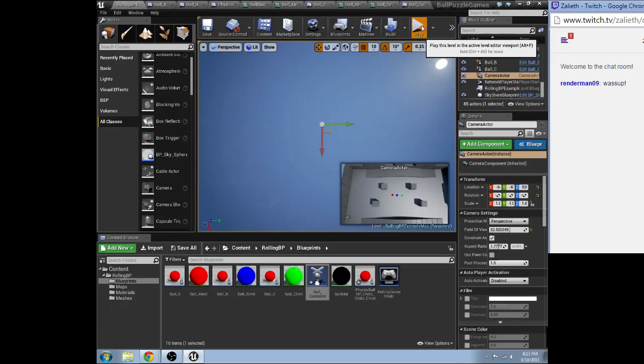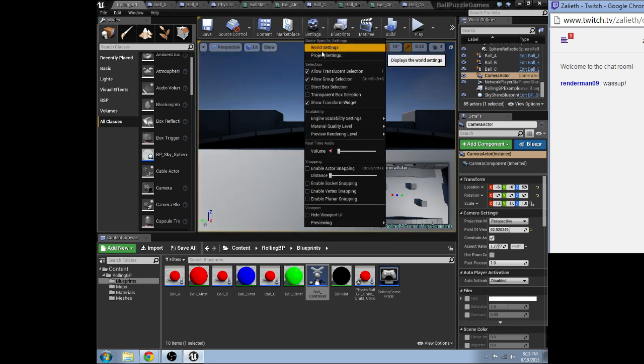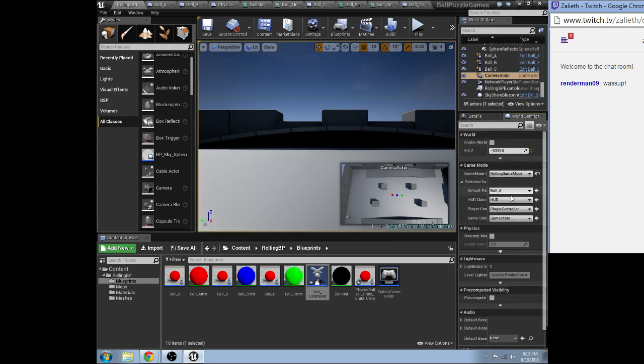Okay, so now when we hit play, it's not going to do anything because I didn't set the world settings. Rolling game mode, we need